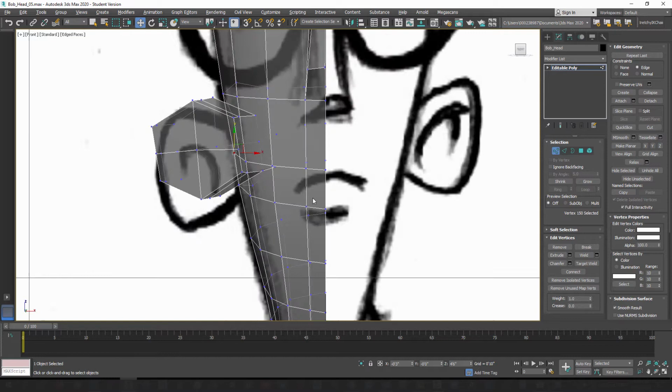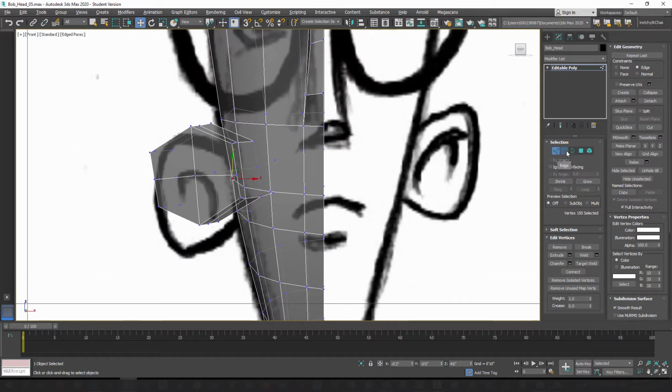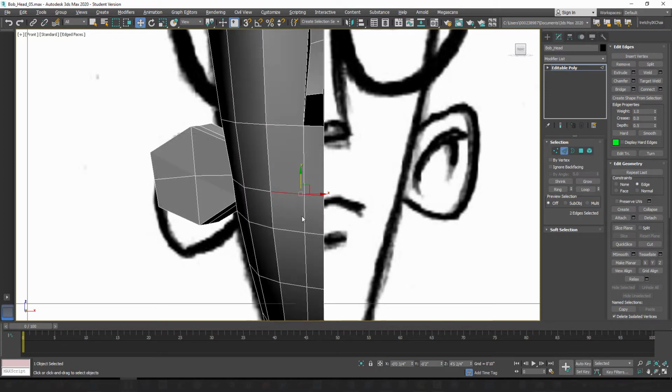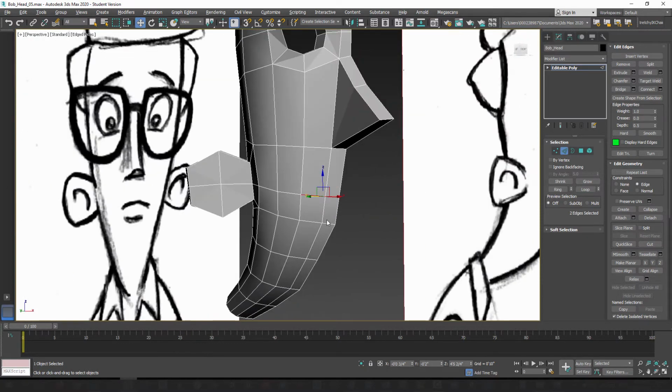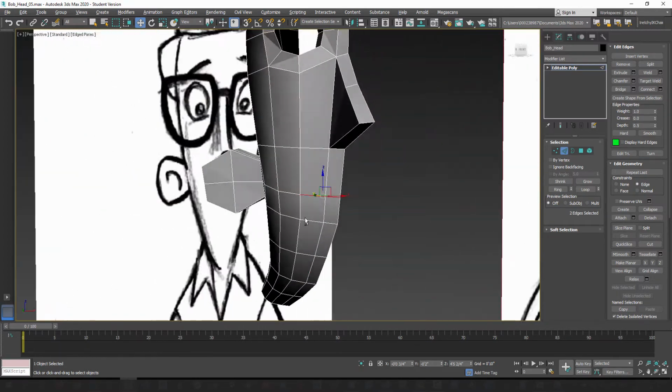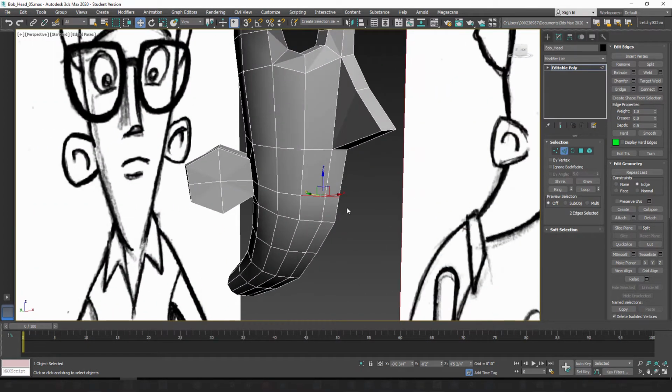Alright, so in the front view, you can see where we're going to start splitting the mouth open. You can actually grab these two edges right here. Okay, so the first two edges on the front, and if you want, you can go into perspective. Just hit P, and I'm going to chamfer this part of the mouth open. So these two edges selected, you're going to go into Edit Edges, open up the chamfer tool, hit chamfer settings,